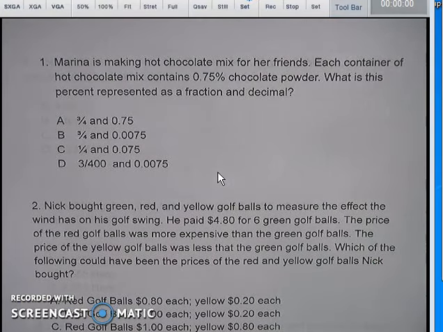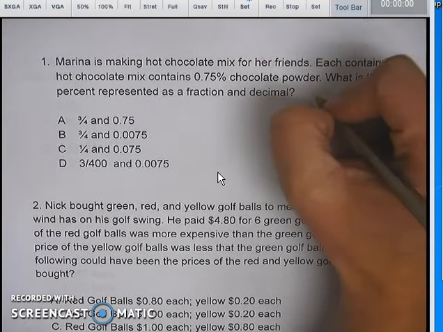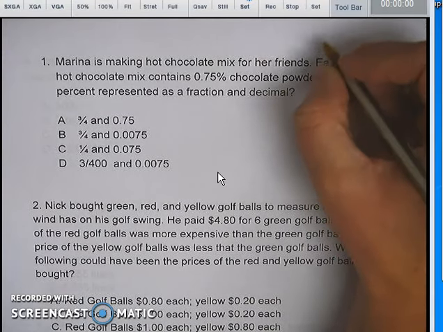Marina is making hot chocolate mix with her friends. Each container contains a hot chocolate mix and contains 75% chocolate powder. What is the percent represented as a fraction and a decimal? So you have 0.75, or you have 75 hundredths of a percent. So